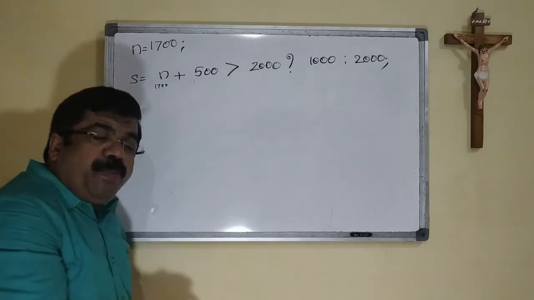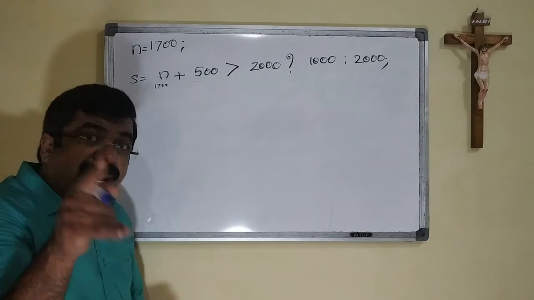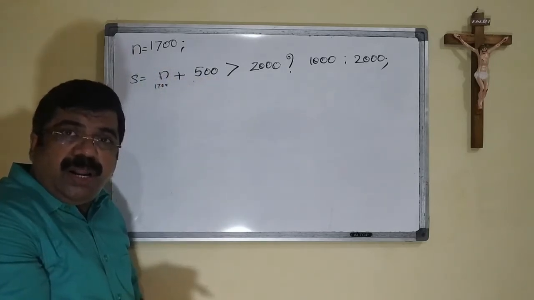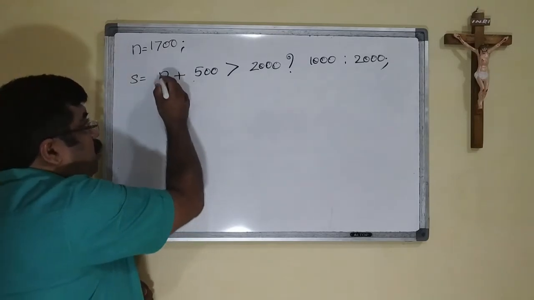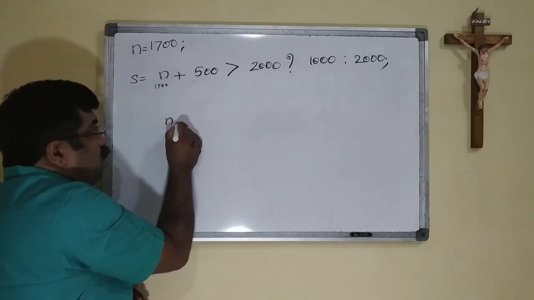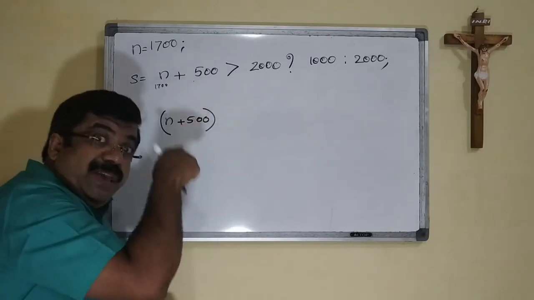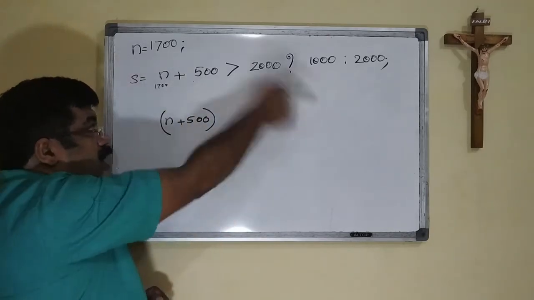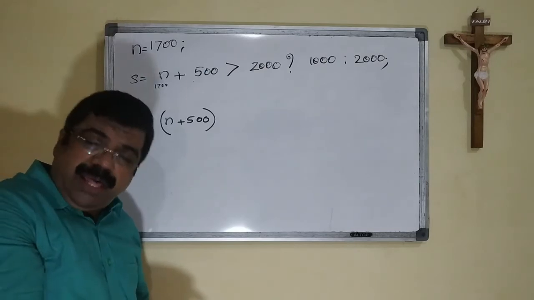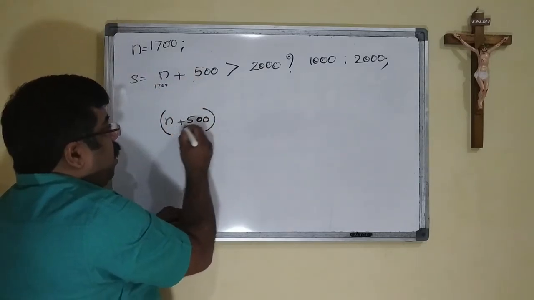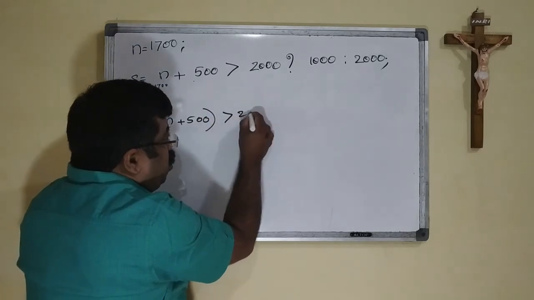This conditional operator is having less precedence than that of the addition. So the evaluation will be done as N plus 500 first will be evaluated, then only it is compared with the right side one. That is, N plus 500 greater than 2000,